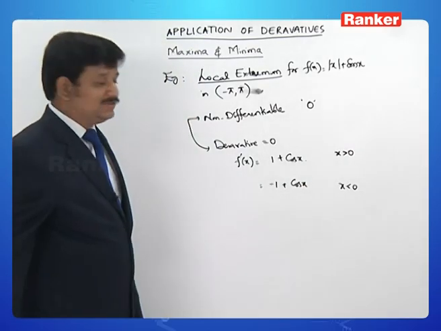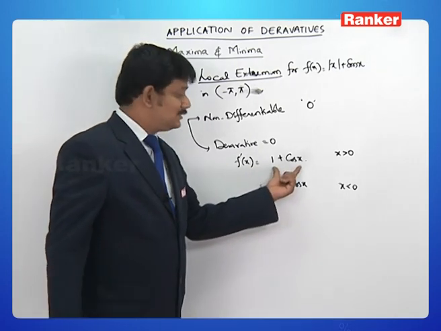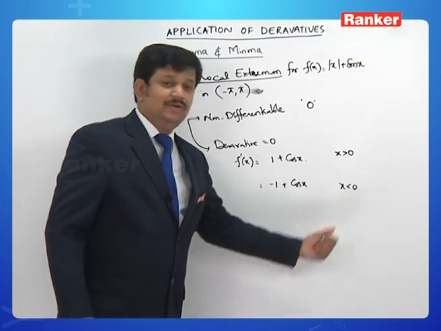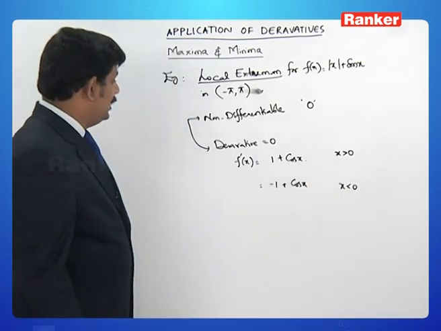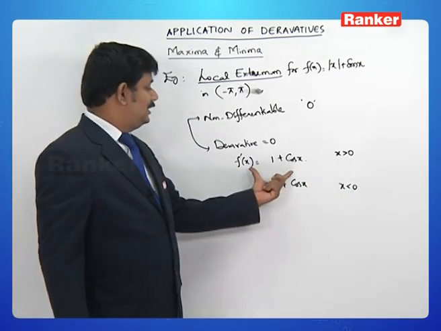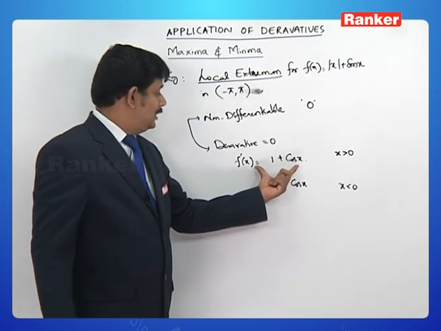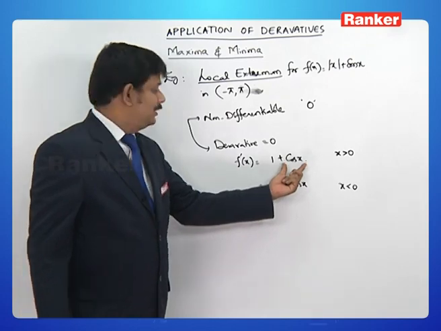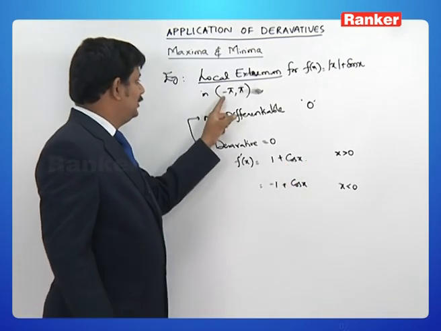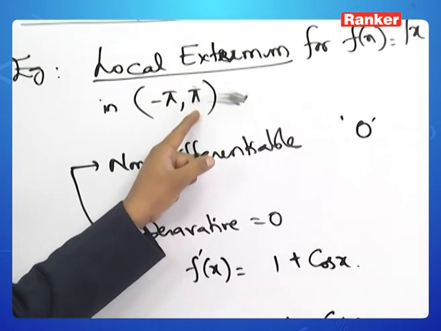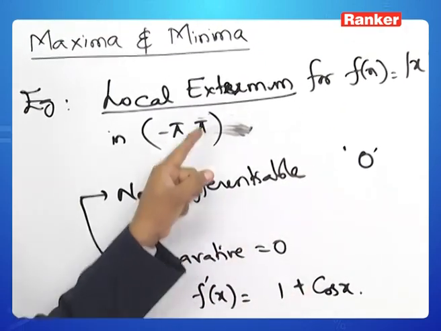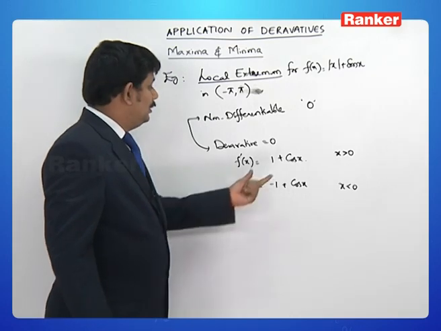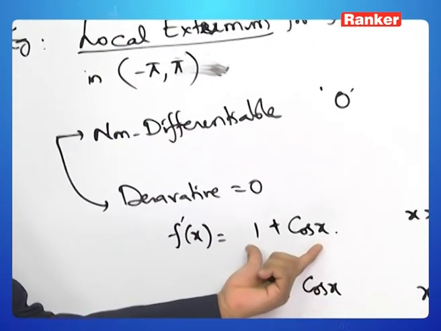So f dash of x is equal to 1 plus cos x whenever x is greater than 0, or minus 1 plus cos x whenever x is less than 0. So let us see when this derivative is equal to 0, that is when cos x is equal to minus 1, and cos x is equal to minus 1 happens nowhere from minus pi to pi. Cos pi is minus 1, but pi is not included as a part of our discussion. Nowhere else is 1 plus cos x